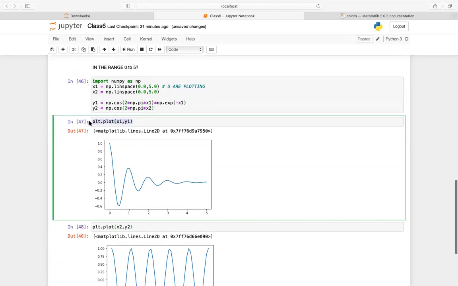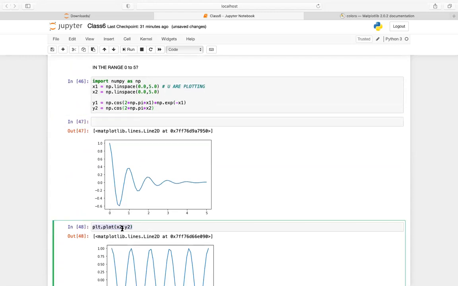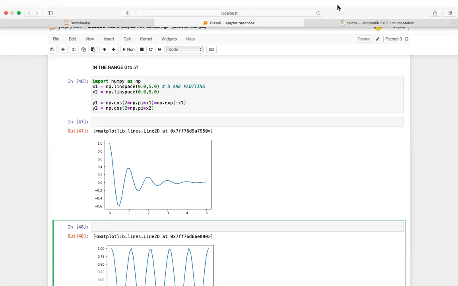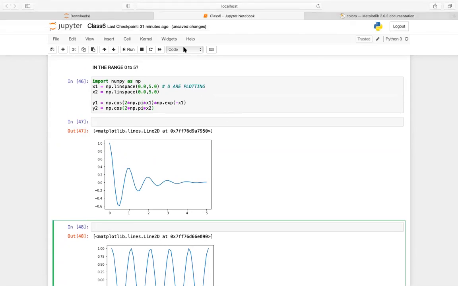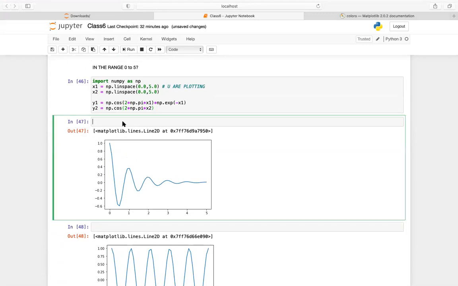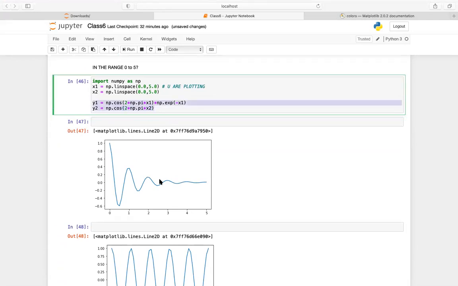But I want to plot both these plots together, maybe up and down simultaneously. How do I do that? That is what I'm going to teach you today. NP stands for numpy. Forget whatever numpy is. I just have two equations and I just plotted them. That's it. You can think of it that way.